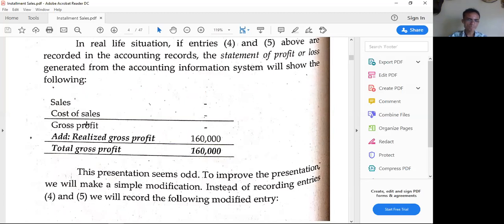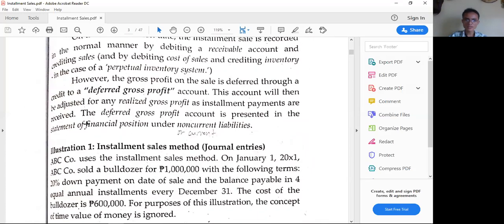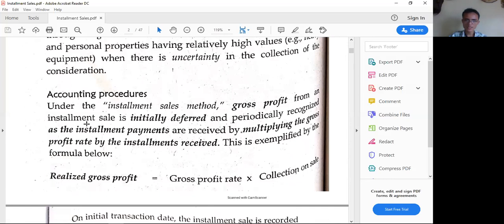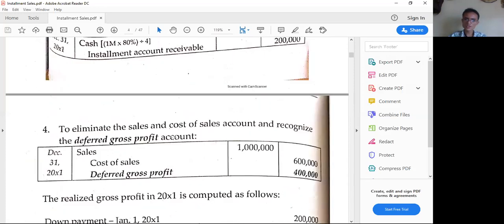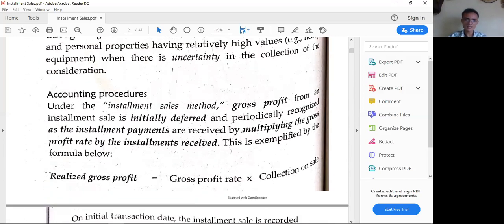And then, because the contract is in installment and there might be uncertainty as to the collection, that's why we are going to defer the gross profit. So for installment sales, sales minus cost of sales would be equal to deferred gross profit. And then